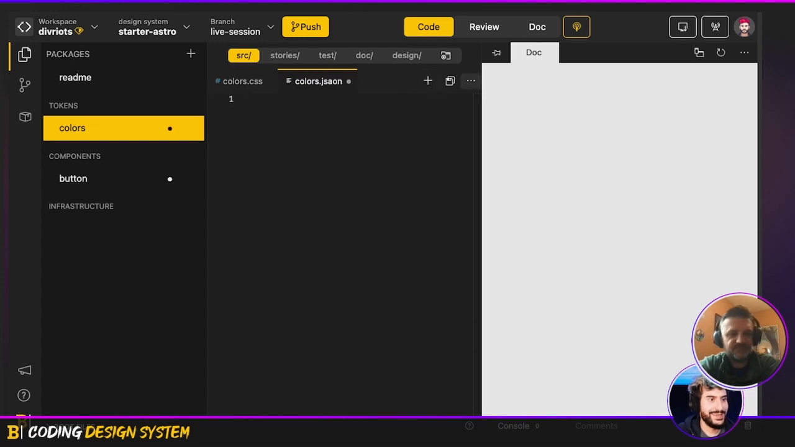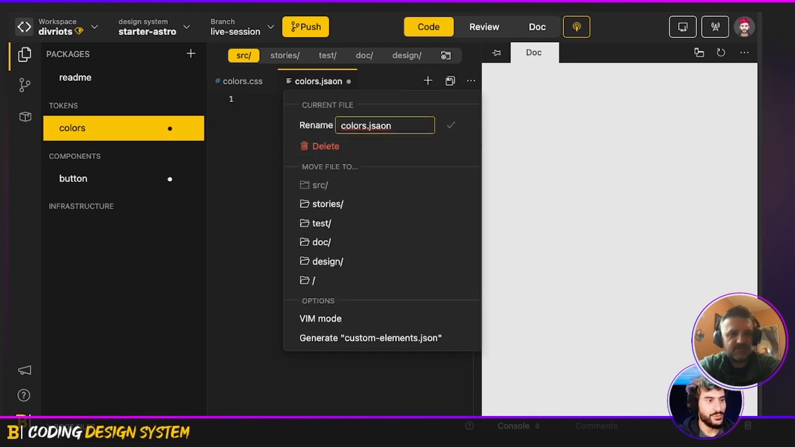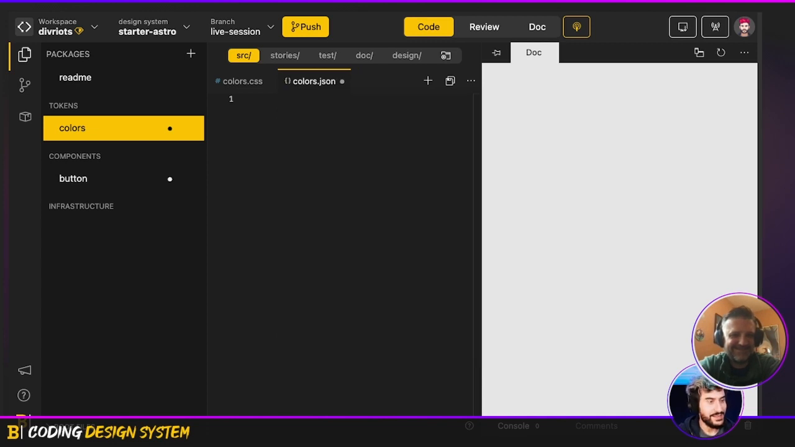No, it won't work that way. So JSON. Okay. Primary, missing quotes, which is the red one. I've got a black, which is